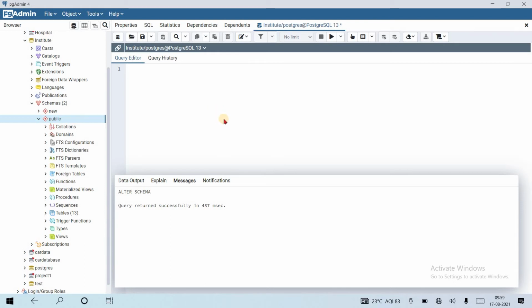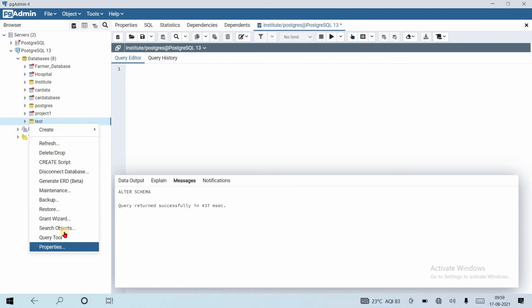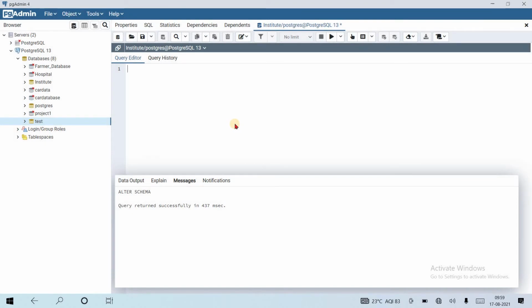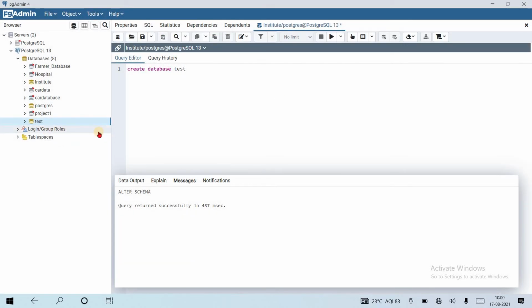Let's see. Suppose we create a new database. The test database we created in the previous tutorial is still there, so let's create a new one from scratch: test one.